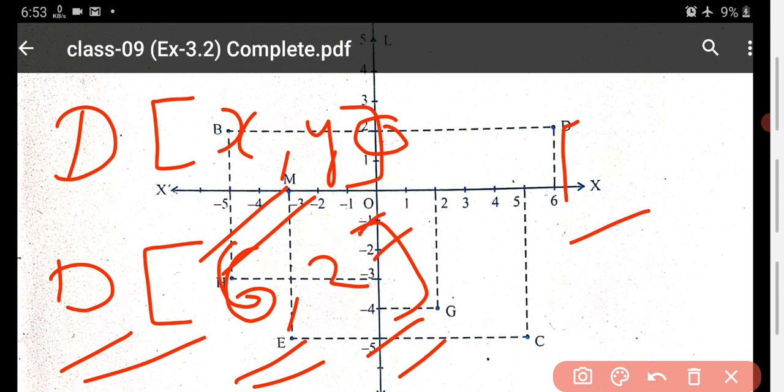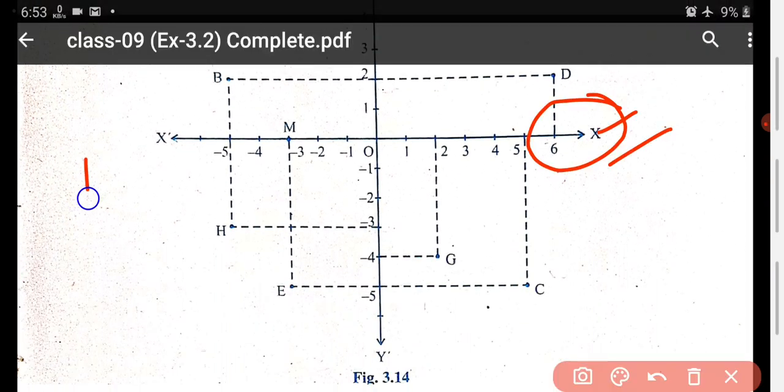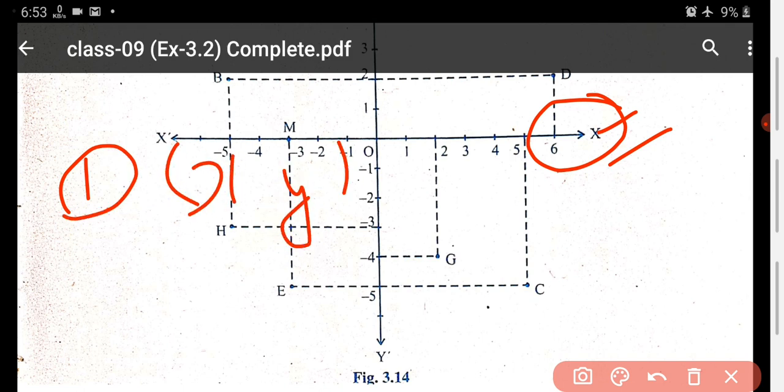So they can ask the question in different ways. Either they want the coordinates of the point D, or they want the value of the x-axis or y-axis, or they want you to say what is the abscissa and the ordinate. One example I am giving you: if they are asking for coordinates, they are always written in the form x comma y. So write both values together. If they are asking only x-axis, then write the value of x. If they are asking y-axis, then write the value of y.